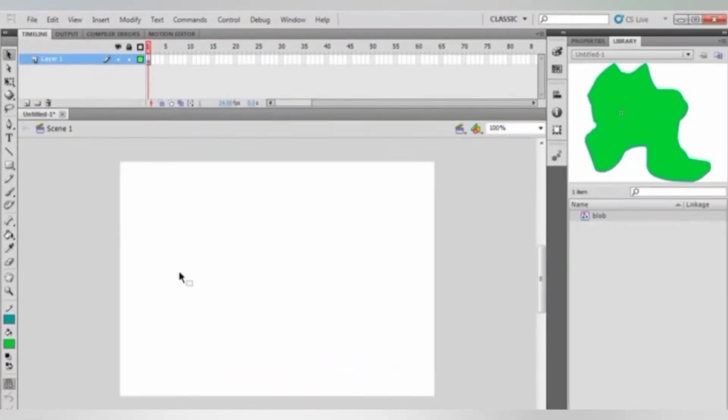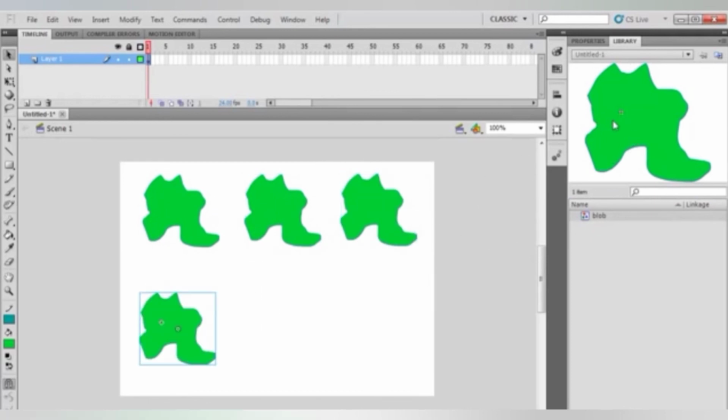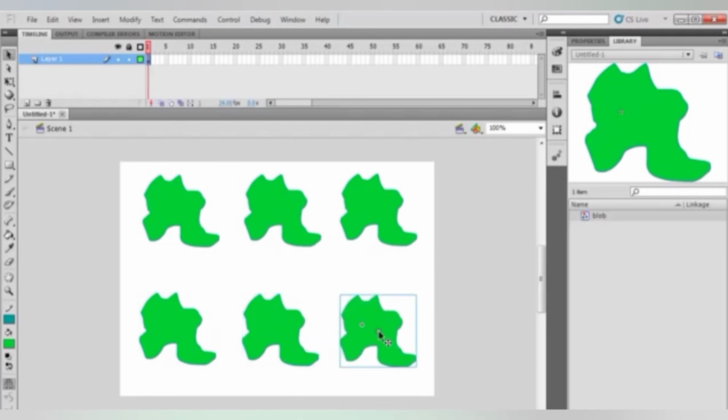Now, to create a symbol, draw and color the object on the stage to be converted into a symbol. Now, click the selection tool in the tool panel and drag it around the created object to select the drawing.